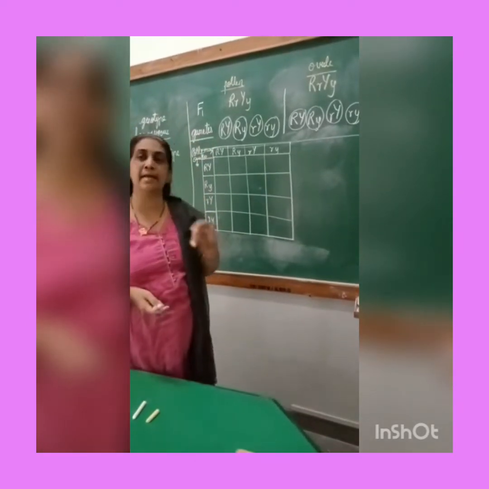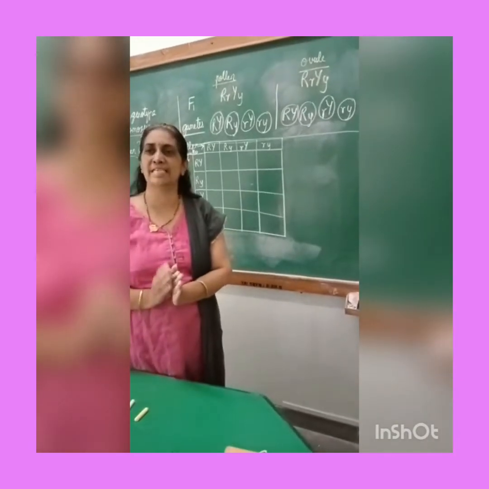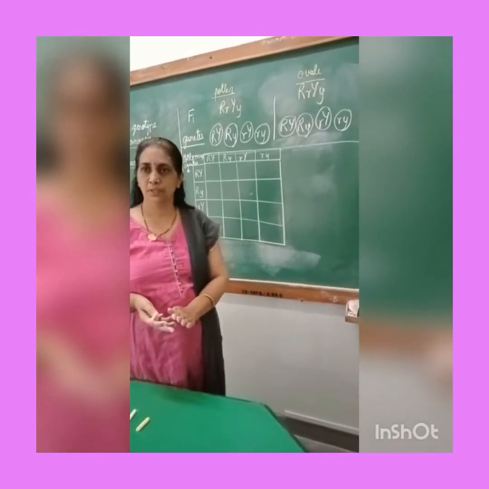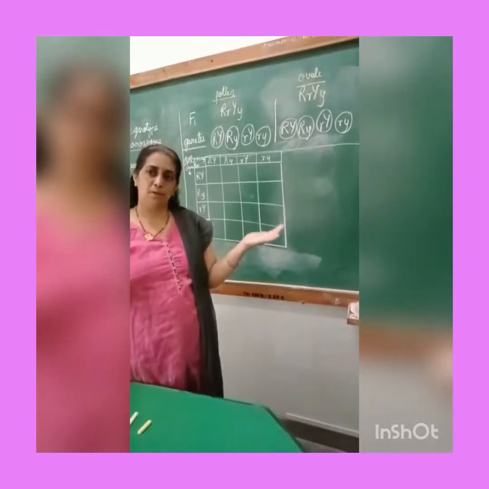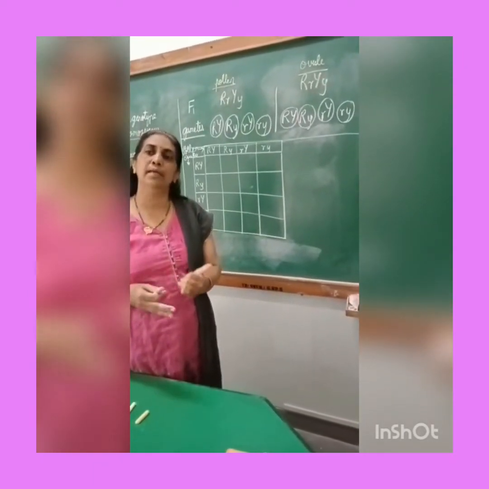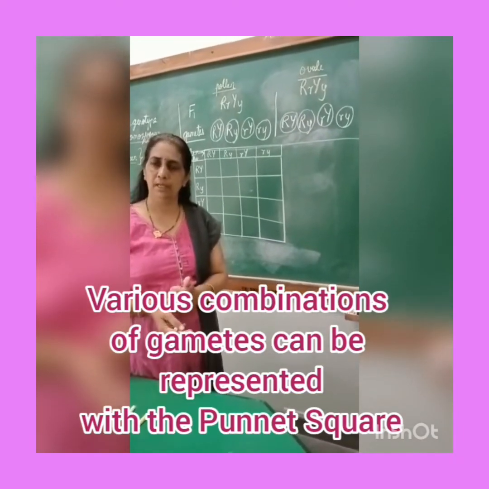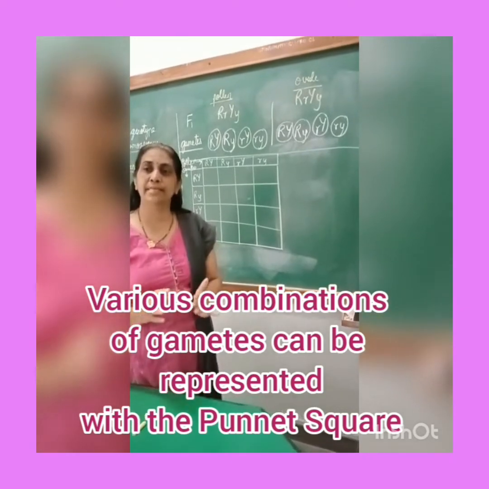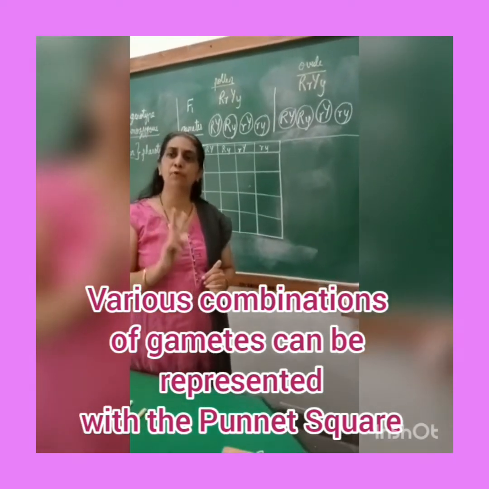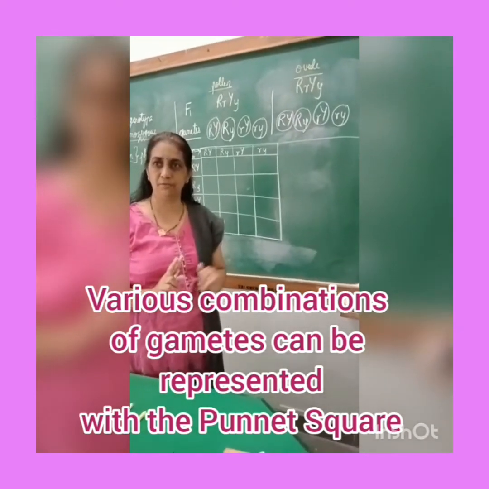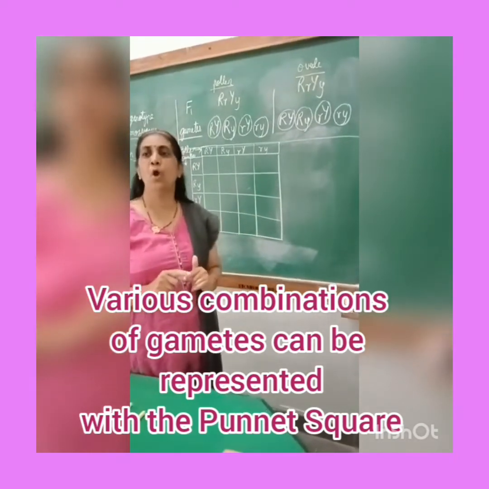Understand that gametes are haploid in nature. Haploid means they have half the number of chromosomes as compared to the parent. Okay, and the zygote again becomes diploid. That is, both the chromosomes come together to again regain the same number of chromosomes as the parent. Okay, gamete will be haploid, whereas zygote is diploid. That is, for each character it will have two alleles. Okay, one from the mother, one from the father. That is, one from pollen, one from ovule.